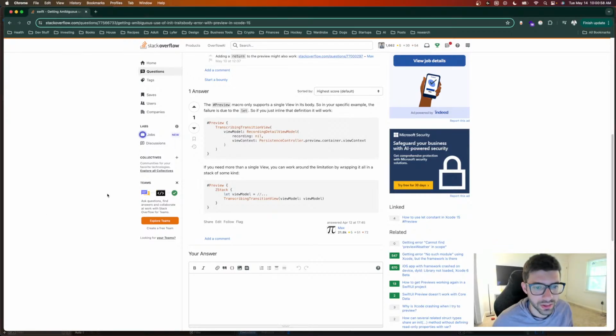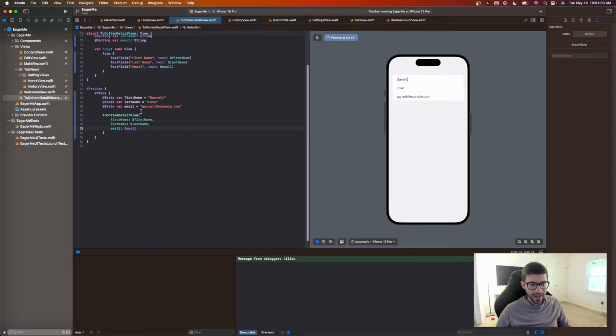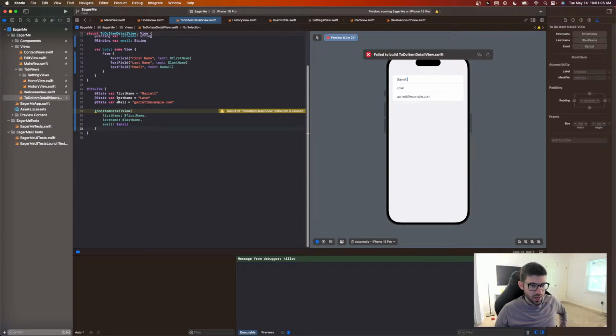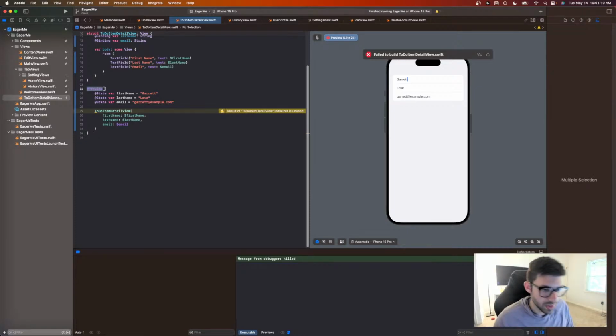So essentially, what I had was this here, and I had this inside of my preview, right? And this is a macro. I don't really know much about Swift macros, so that'll be something I have to put on the to-do list of things to learn. And I was getting this error result of to-do list detail view